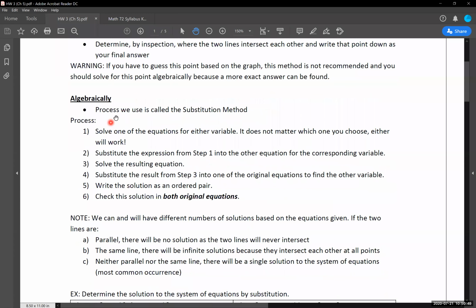So starting with this, we're going to be given two equations. They're both going to be linear equations. They could be written in any number of forms, and we'll see a couple of those in the examples that we're working with. So again, linear equations, we have that slope-intercept form. We have the point-slope form. We have the two forms for our vertical lines, for a horizontal line and a vertical line.